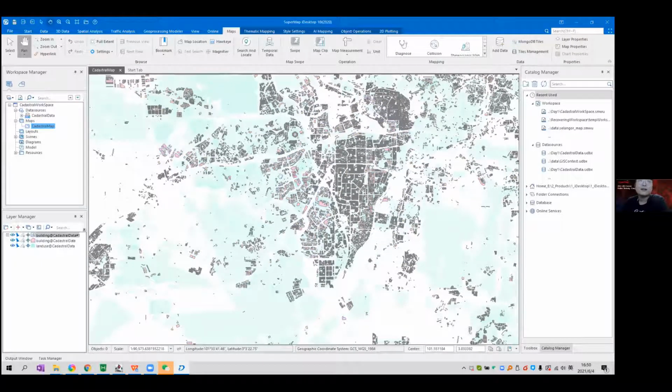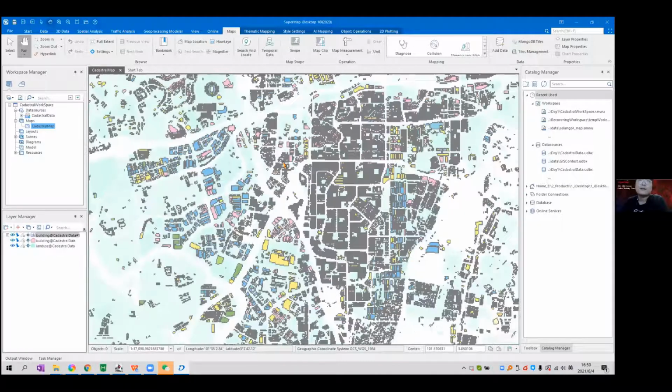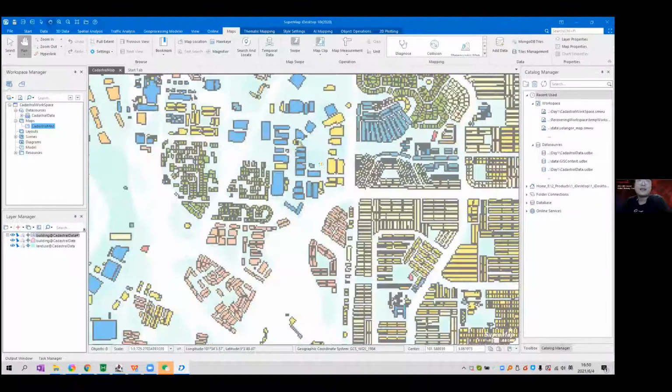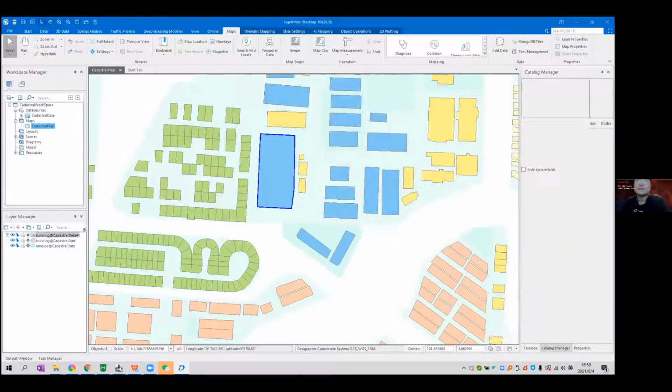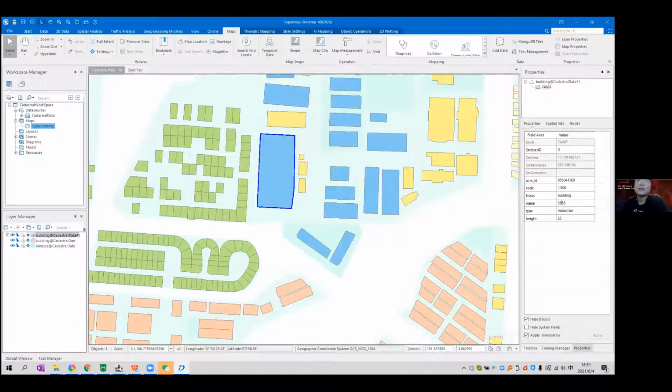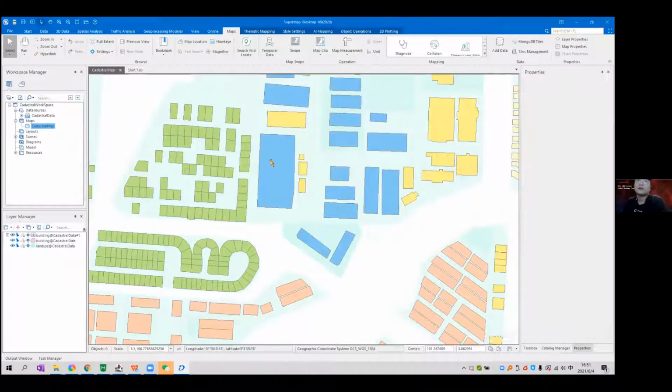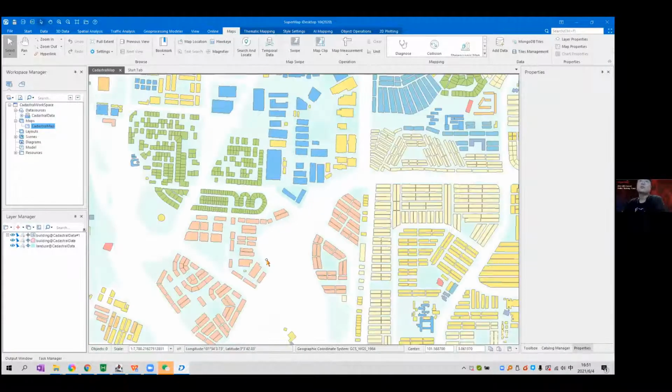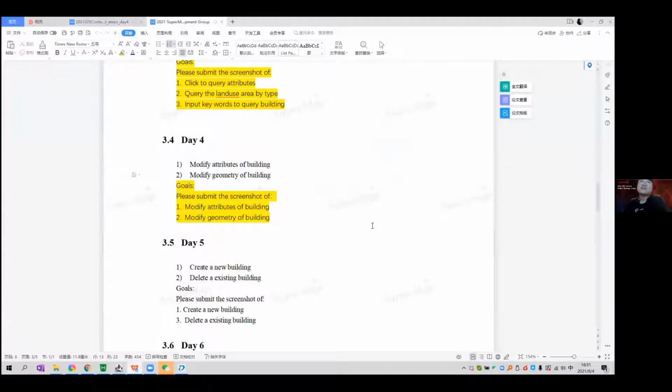I think that is this one, right? And when we check the attributes of this feature in iDesktop, we can see the name has already been modified to 3333, the result we did. Okay, so today we used the data service